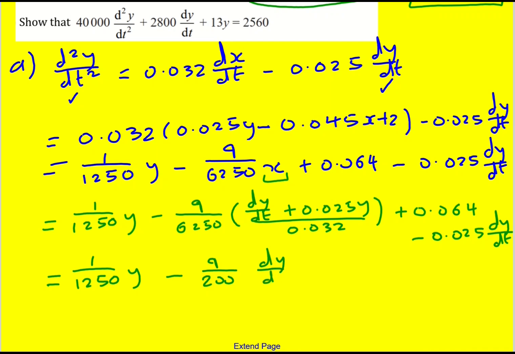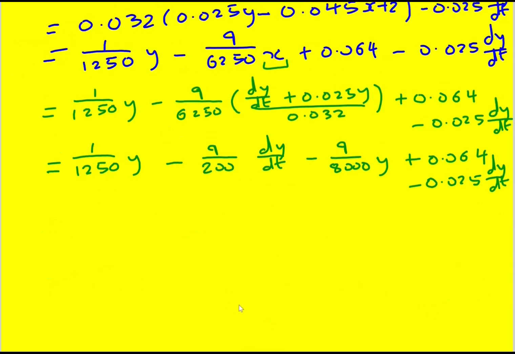dy by dt minus 9 over 8,000 y plus 0.065 minus that. So, what is that? Okay, now just bring things together. We get, let's just write this out again, second derivative